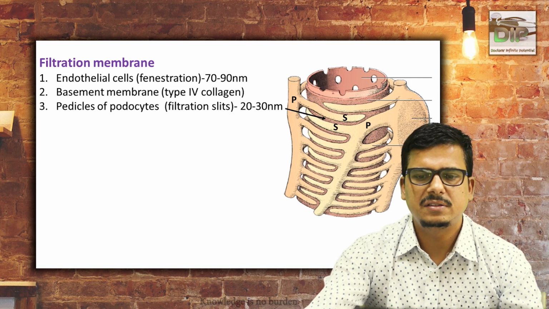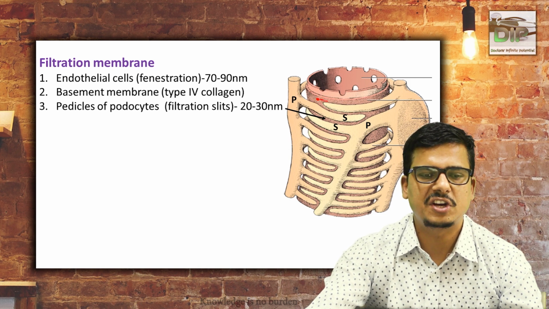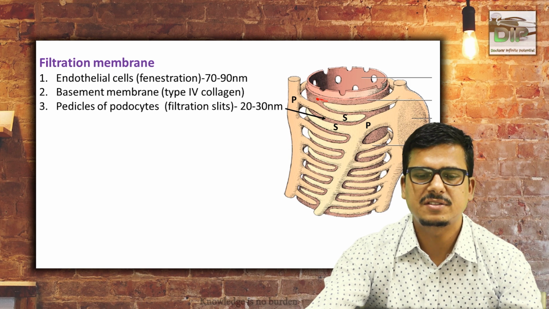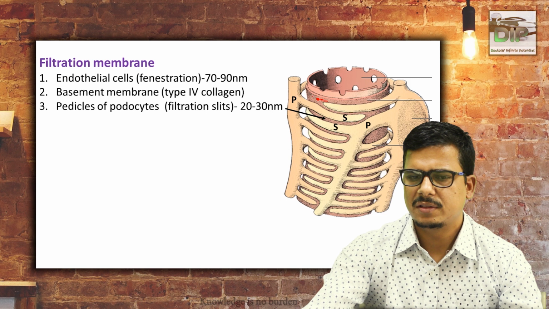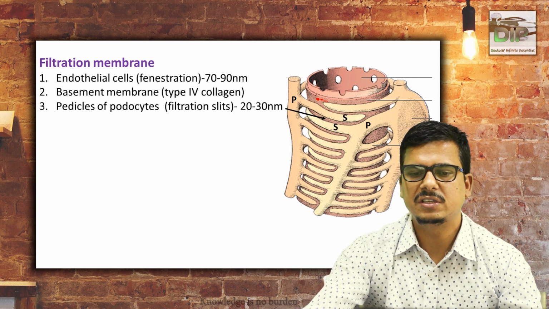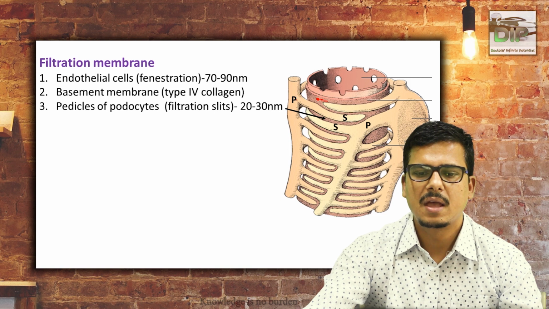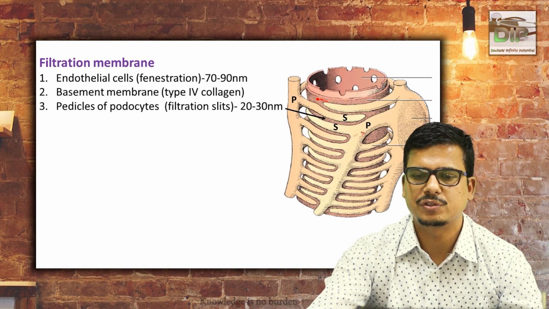Then these endothelial cells rest on the basement membrane. This is the basement membrane, which is also shared by the podocyte cells. This basement membrane is chiefly formed by type 4 collagen. This glomerular basement membrane is very important clinically, so we are going to see detail about this membrane later. And outside of this capillary or basement membrane, the cells are the podocytes. This is the large nucleus of the podocyte, and these are the foot processes.